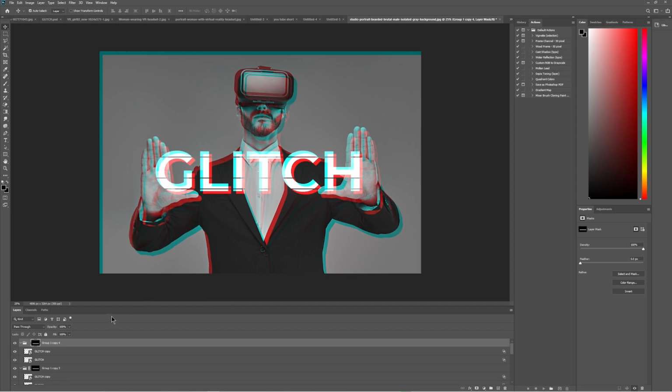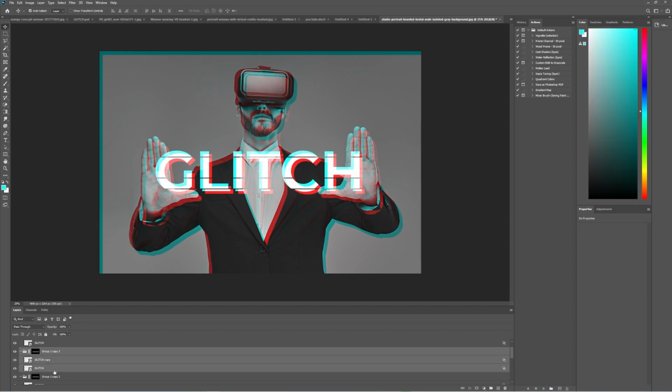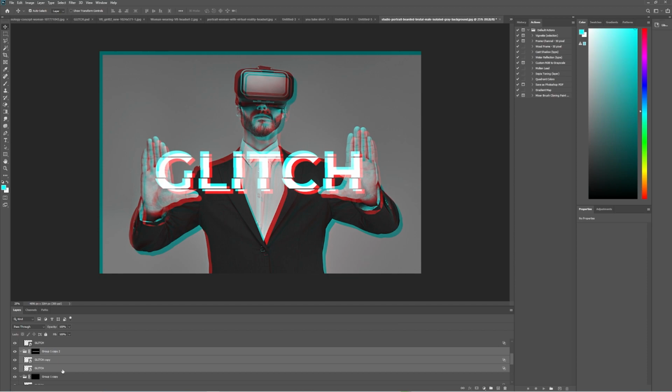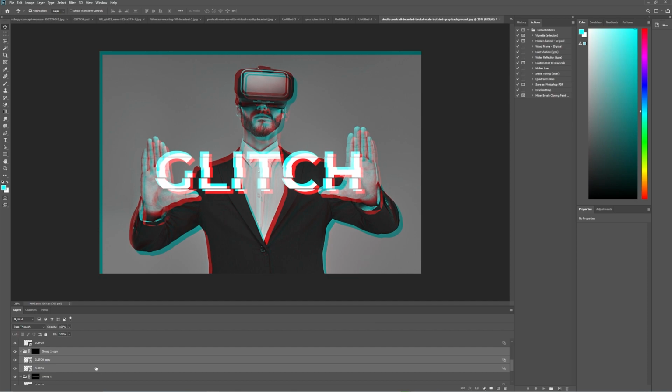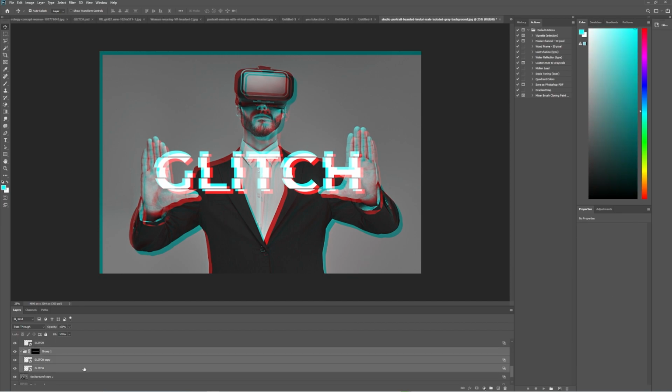Now we are going to offset them. So we're going to take the first layer, select all the layers, and we're just going to move it a touch. And we're going to do the same again here. Just going to move it a touch and select these layers. Just going to move it a little bit. And again. And we're going to go again. Top layer. And the top I'm actually going to bring down, so it's